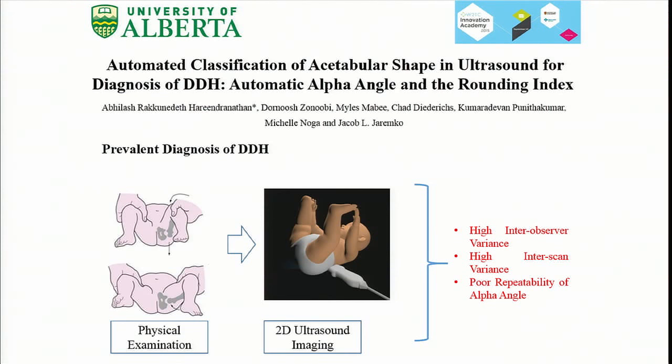The solution is simple: to use 3D ultrasound, which is so commonly available. What we are trying to do is to come up with a segmentation model, which gives the hip shape from the three-dimensional volume. And from this volume, we can now calculate indices which indicate whether the hip is dysplastic or not. As you can see on the